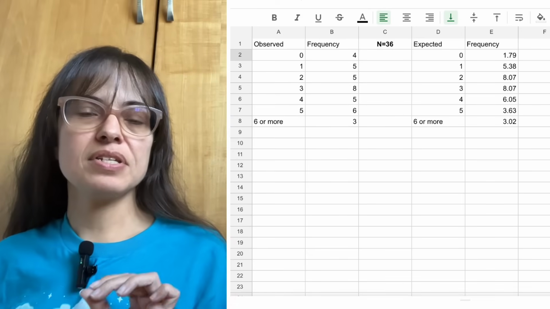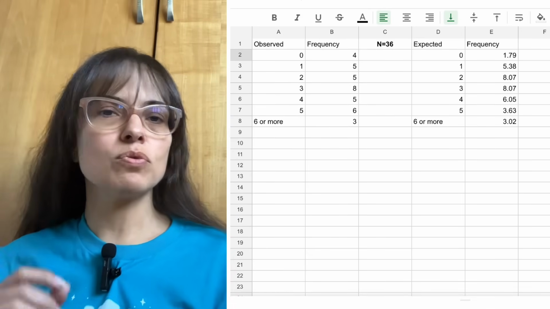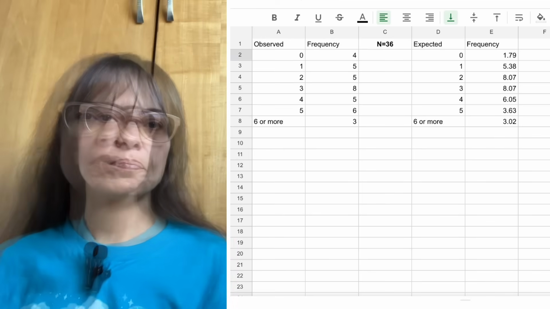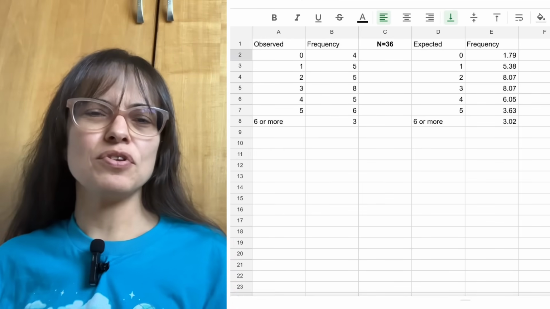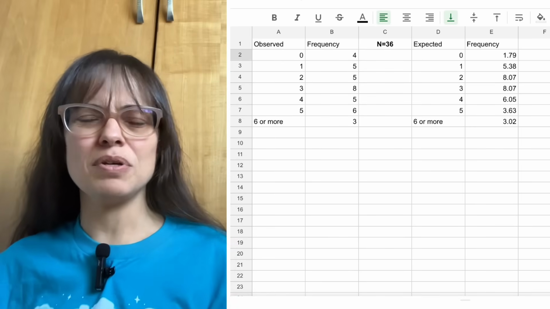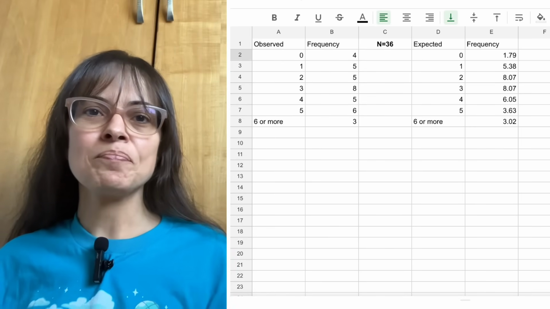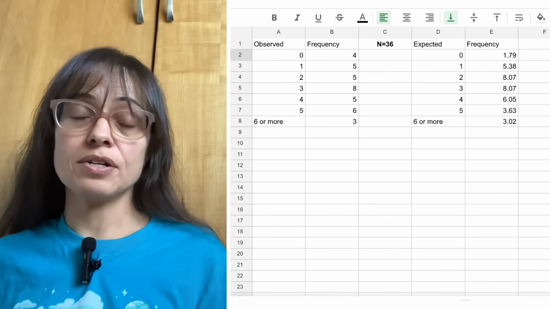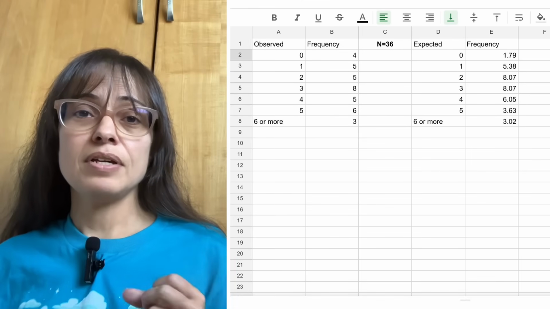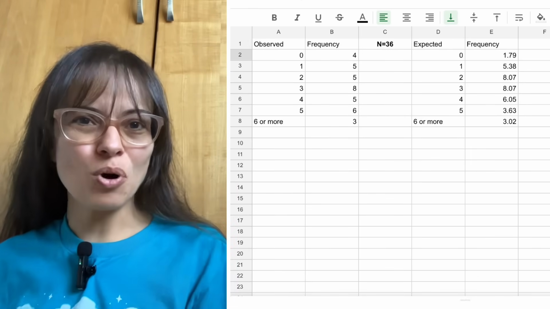But there is a detail about the goodness of fit test that says that none of those expected numbers can be less than 5. And I've talked about this before in other videos. It's not like 5 is a magic number, but it's somewhere around 5. So maybe if I had a 4.9, I would still be okay with it. But with the numbers that I had here, with around 30 days and the average 3, the expected number of days with 0 calls was a lot smaller than that.